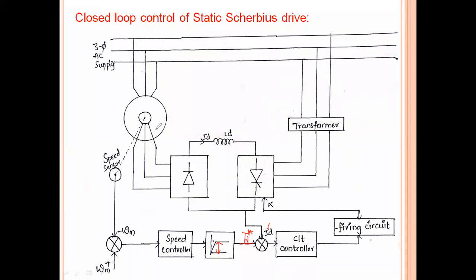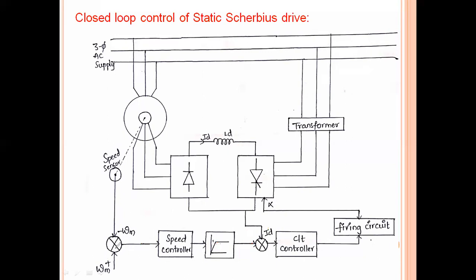So indirectly we can say that the motor torque is equal to the load torque. Under steady state condition, if this motor is working under steady state condition, it means the torque produced by the rotor of this motor is almost equal to the load torque. That means it is capable of handling that proportional load. So this is for positive speed error. That means the speed error here is positive. So for this operation, this is one case.